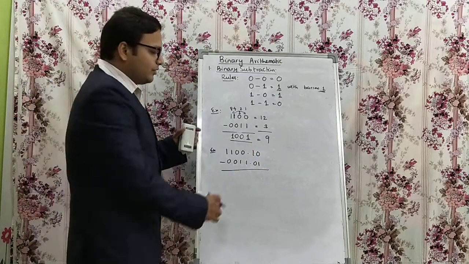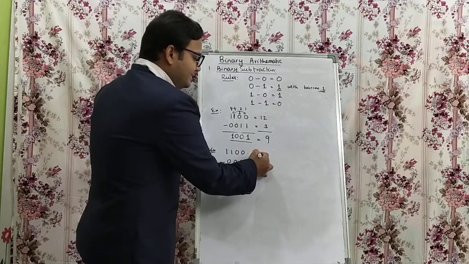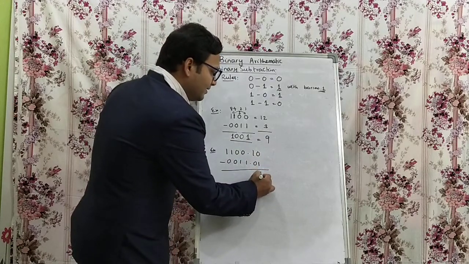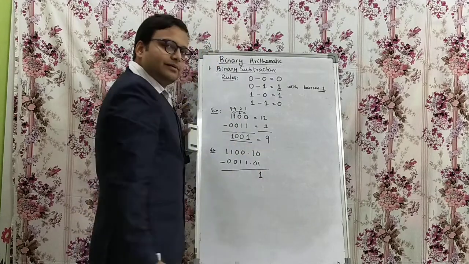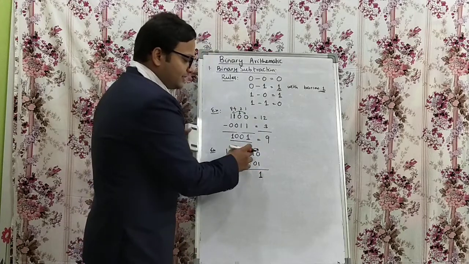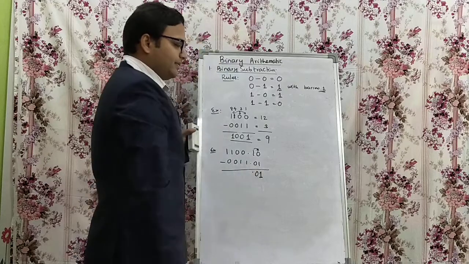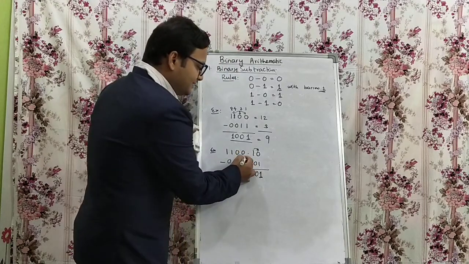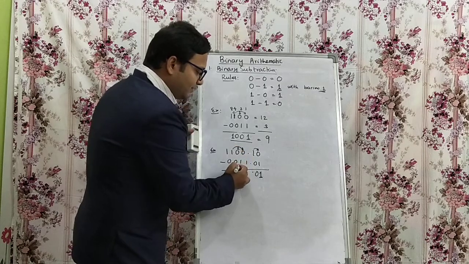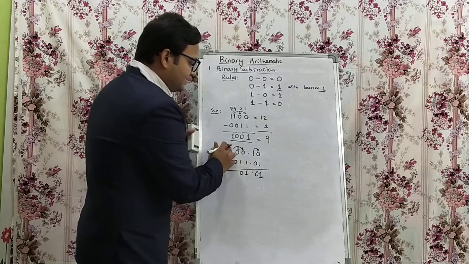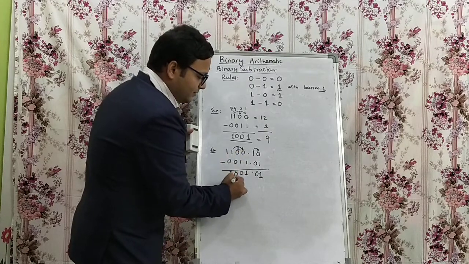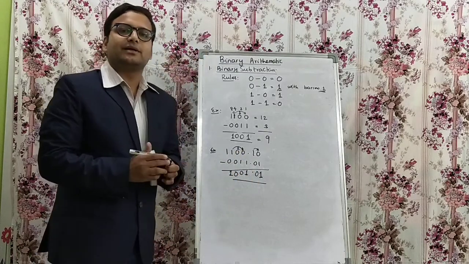So here also you can do for the point the same way, 0 minus 1. So it is 1 with borrow 1. So 0 minus 0, it's already given here 1, so it's 0. 0 minus 0, 0. Okay. After that 0 minus 1, 1. He has given borrow here. This is 1, 1 minus 1, 0. Next, this is already he has given 1, so this is 0. 0 minus 0, 0. This is 1. 1001.01.